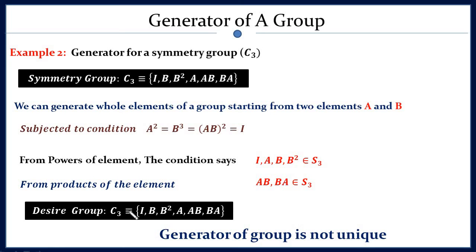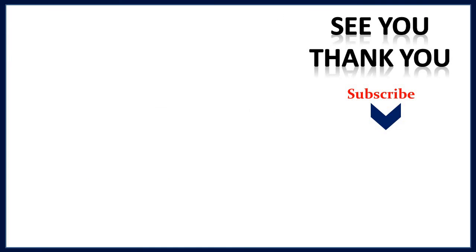Now, as I discussed earlier, this is the physical significance of it. Experimentally, suppose you found any 2 elements and you are not sure whether you will find any others or not, then just apply the method of generation and try to find out if this method will generate any other elements. Then you will be sure that others must exist, and then you can repeat your experiment. So that's how theory and experiment complement each other, and this is the advantage of the generator of a group. I am stopping here. I will see you in the next lecture.